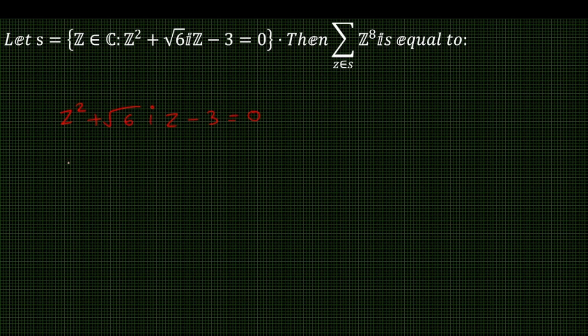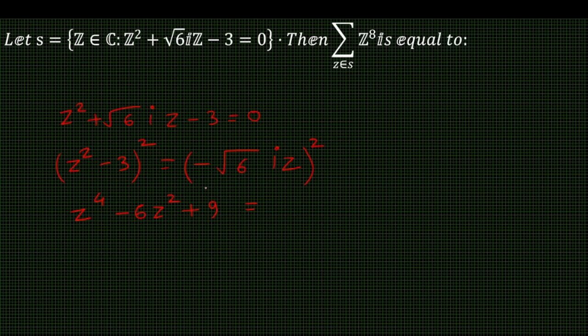Instead of finding out the roots of this quadratic equation z1 and z2, I would like to find out z to the power 8. So, take z square minus 3 together. z square minus 3 equals to minus under root 6i z. Now, take square root from both sides. We will get z to the power 4 minus 6z square plus 9